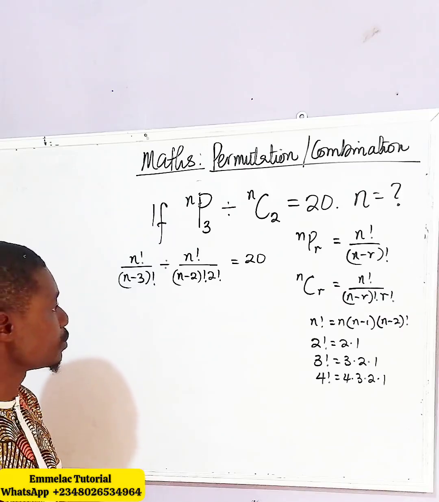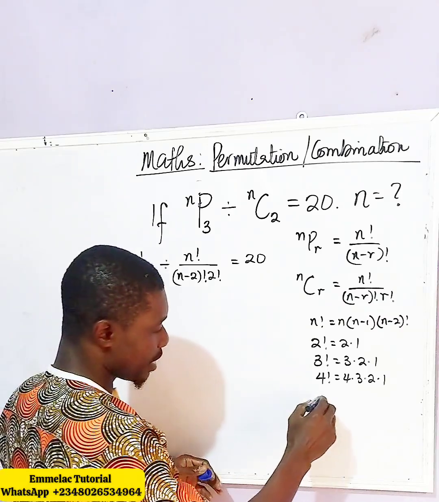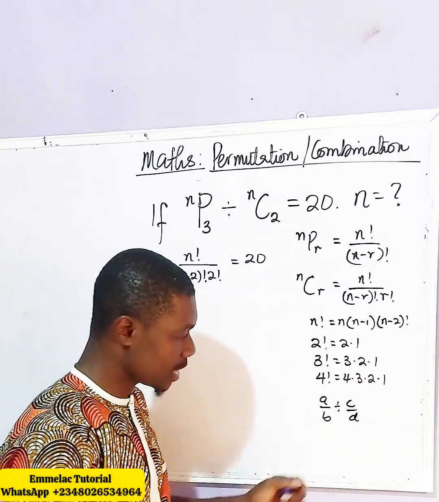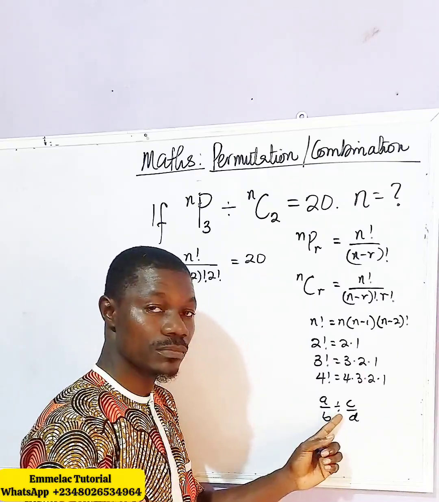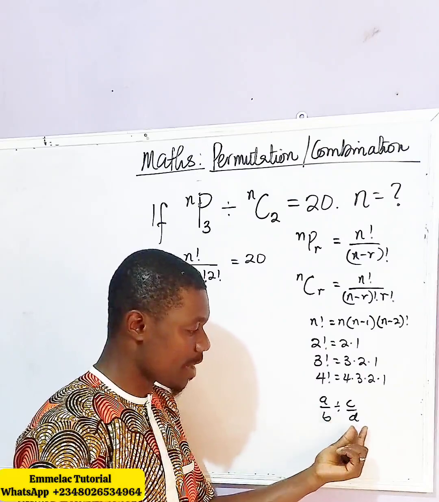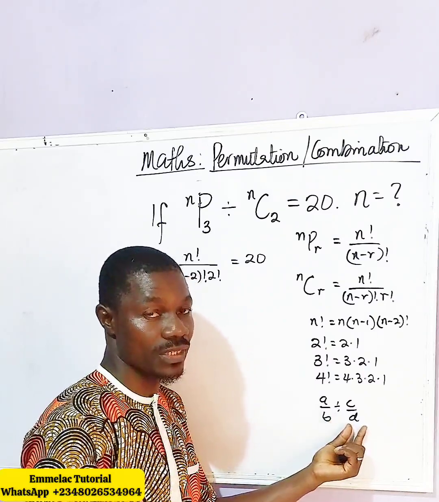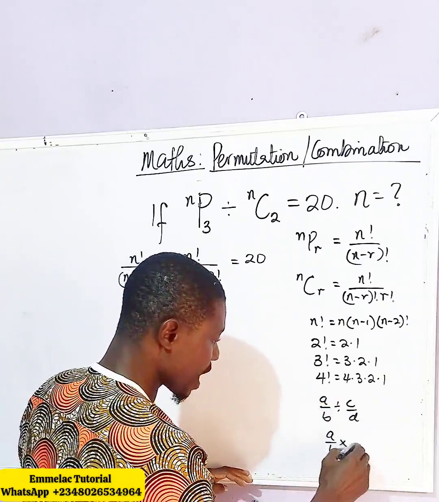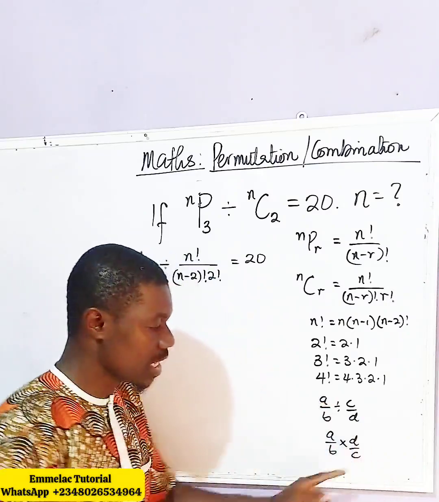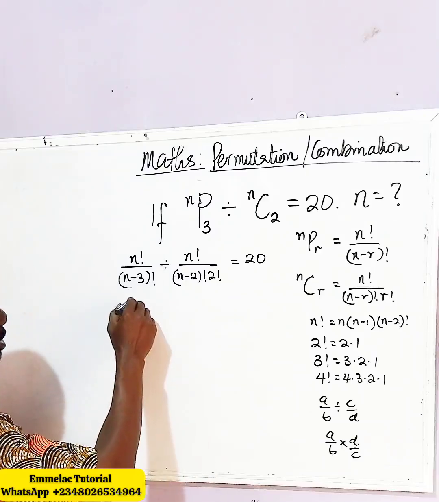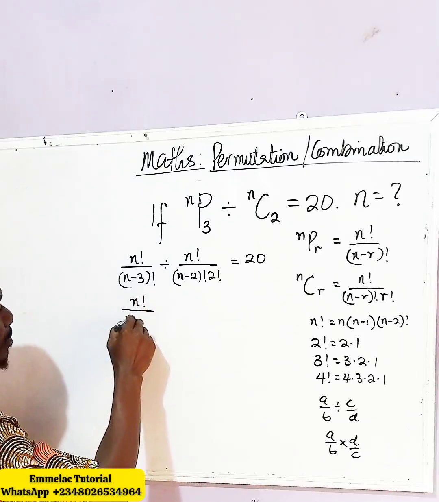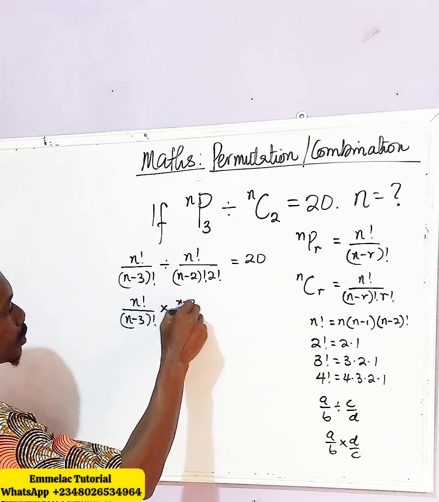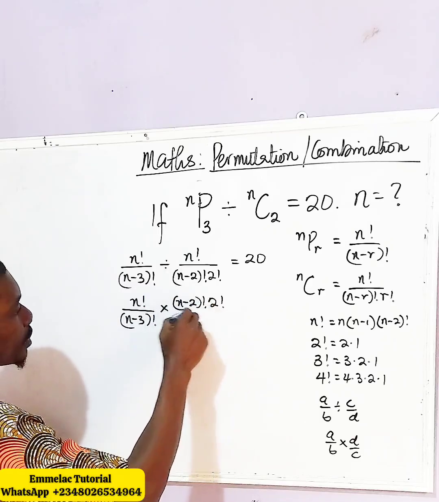Okay, now let's do one thing. If you have a over b divided by c over d, we can actually have this to be multiplication by finding the reciprocal of c over d, or just flipping it upside down. You have a over b times d over c. Now applying this rule here, you can say this is n factorial all over (n minus 3) factorial, then times (n minus 2) factorial times 2 factorial all over